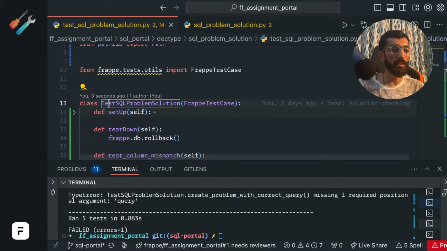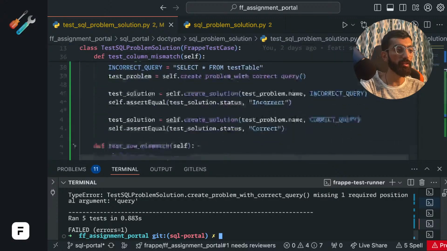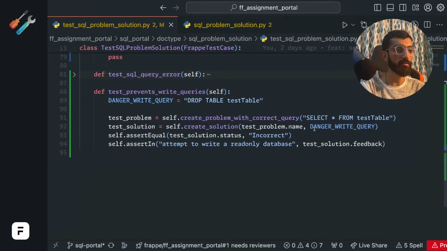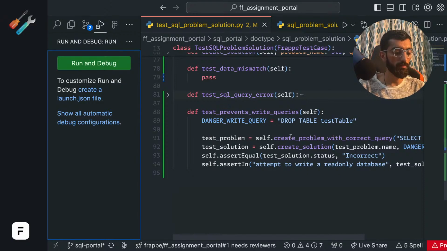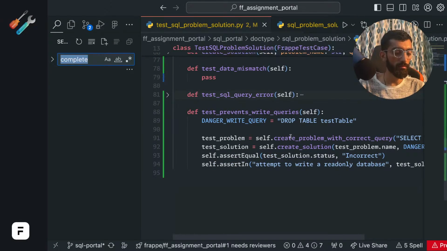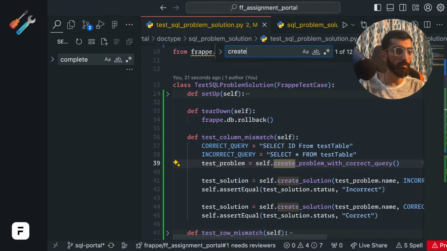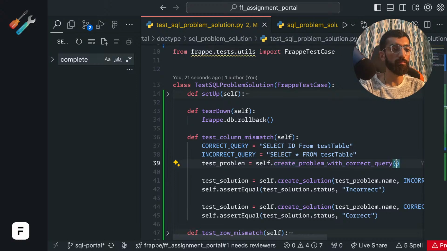Create problem with correct query missing one positional argument query. Where is it? Oh, see,